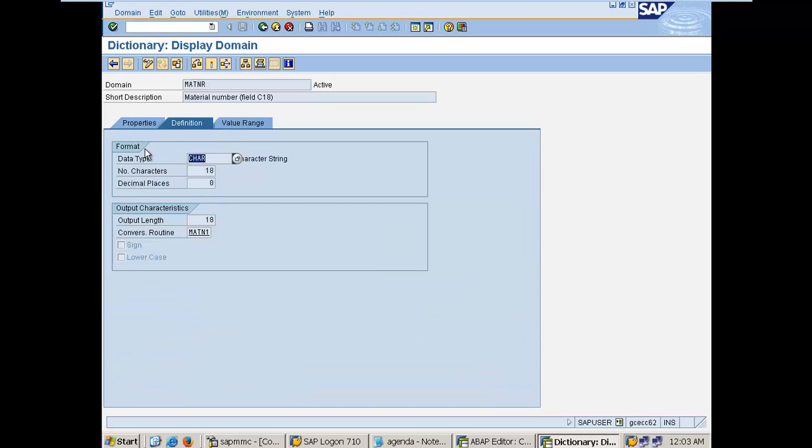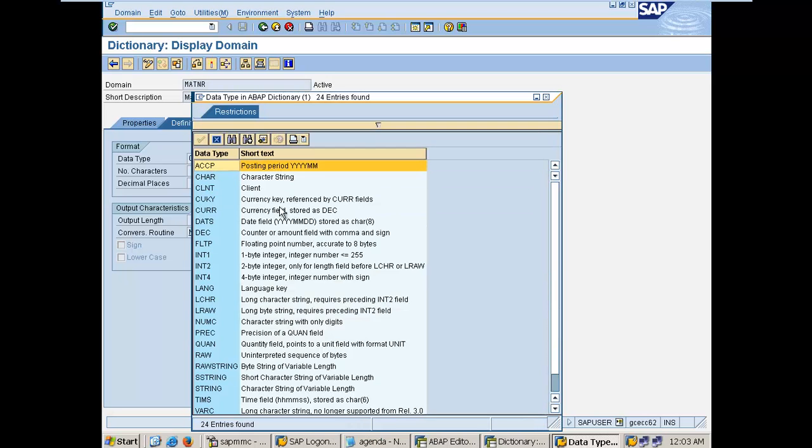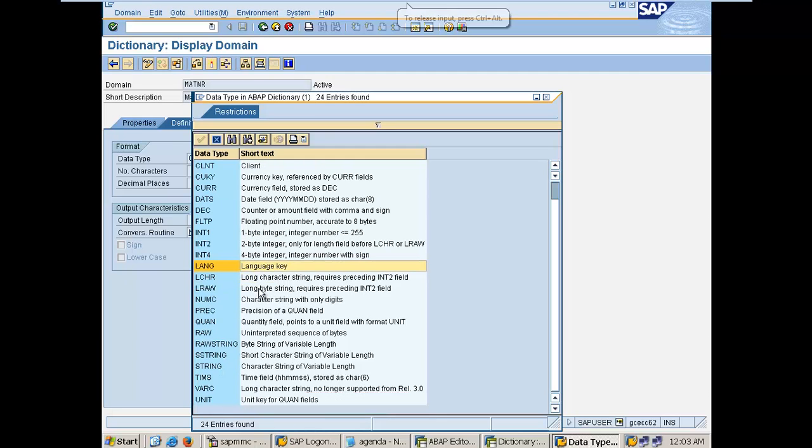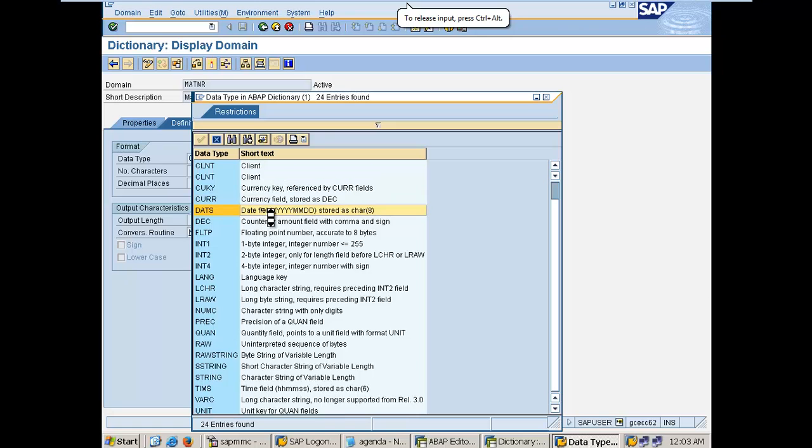For example, you see here char, so basically a character could be up to 255 length. Here we are just using 18, no decimal places because it's a character type. But if you are using a numeric or decimal kind of data type, then you have to give decimal places also, like how many places after the decimal. We have integer, which is without decimals. We have language, we have date also, date,